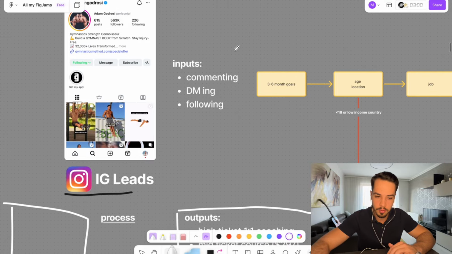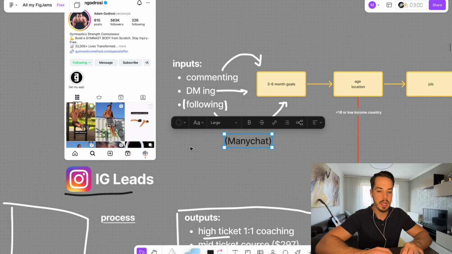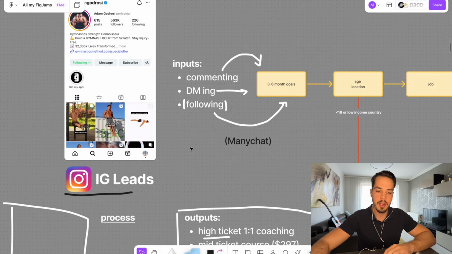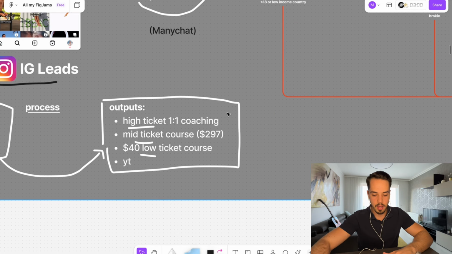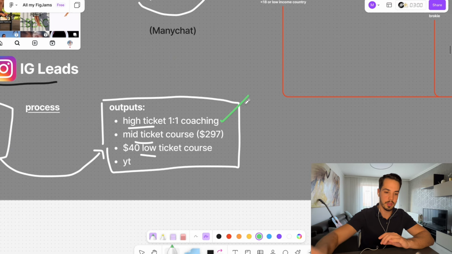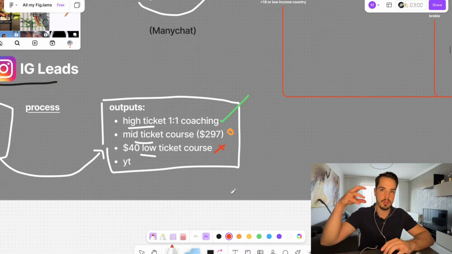We take all these different ways people are entering the AI agent. These people just following us might be tricky, but with this new ManyChat update, hopefully we're going to be able to auto outreach people and then turn the AI agent on. And then what we would do is immediately qualify. So we want to find out, okay, does the person have money for the high ticket coaching, and should we sell them on that? Do they have money for the low ticket, for the mid ticket, or are we going to go for the lowest tier program?